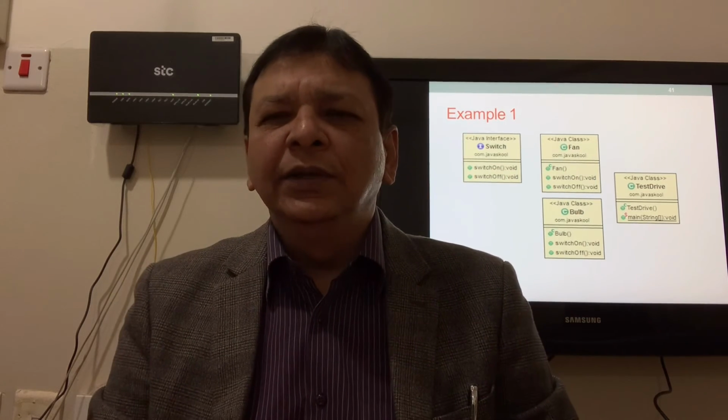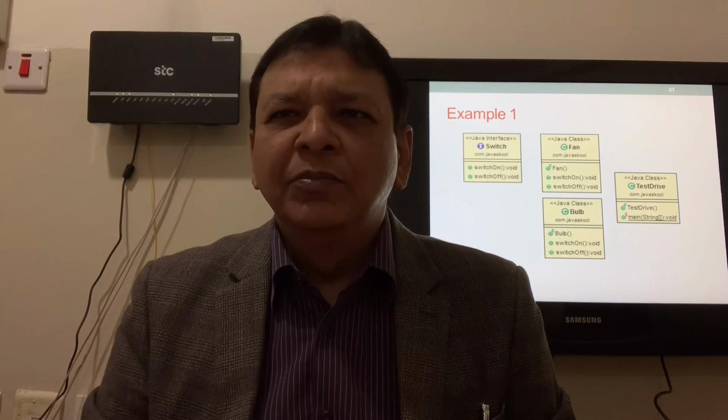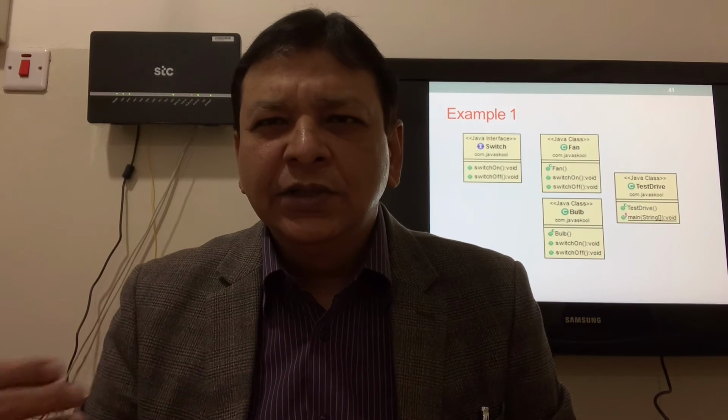We have a switch interface. Like a switch plate: switch on the bulb, switch off the bulb, switch on the fan, switch off the fan, switch on the microwave oven. So we have a switch plate which has multiple switches. The interface is the same but implementations are different. For example, we press the first switch, the fan will turn on. The second switch, the bulb. The third switch, the microwave oven. The fourth switch, the washing machine. The fifth switch, the juicer or blender. The sixth switch, the fryer. In this way we can have multiple implementations but the interfaces are the same.